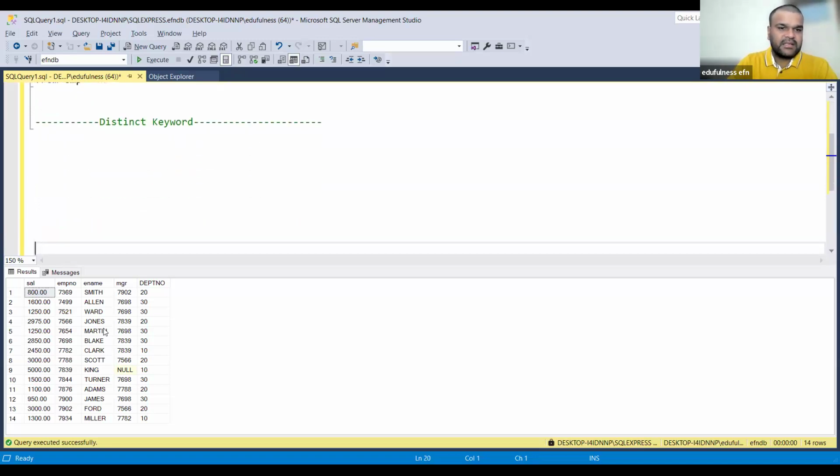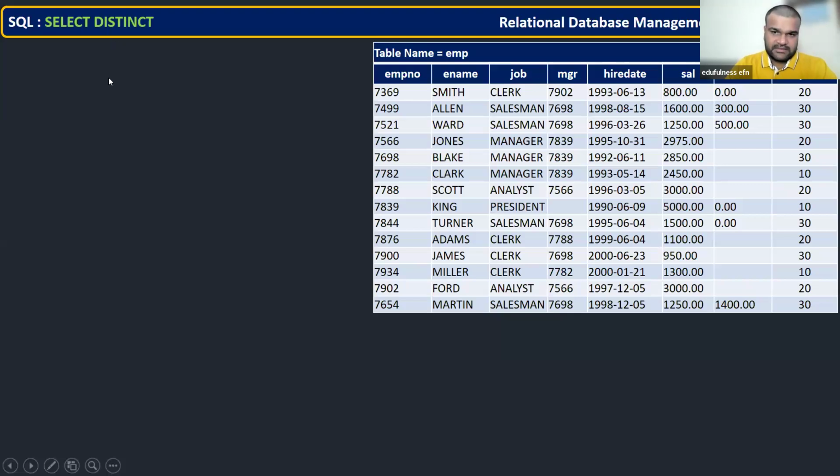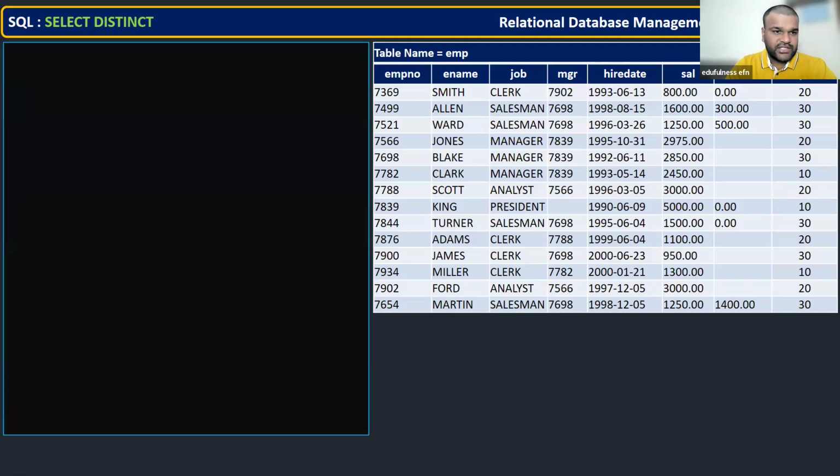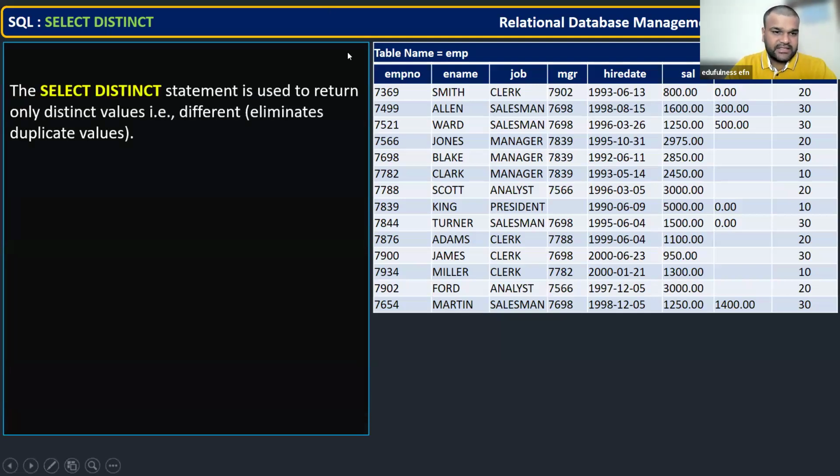Now, what is the SELECT DISTINCT keyword? As the name implies, distinct means unique values. So definitely there may be some repeated values. So it eliminates those repeated values, and only a single value is returned from all the repeated ones.